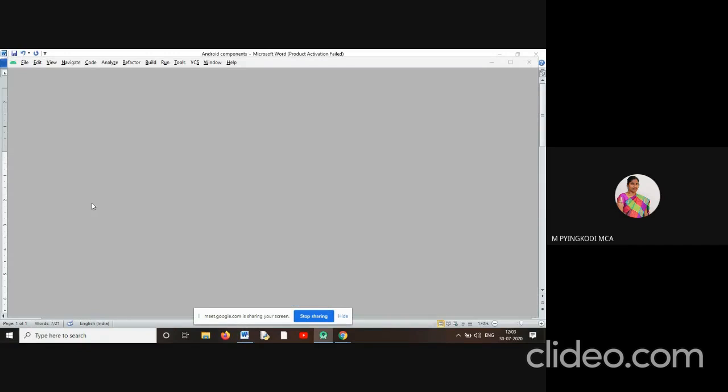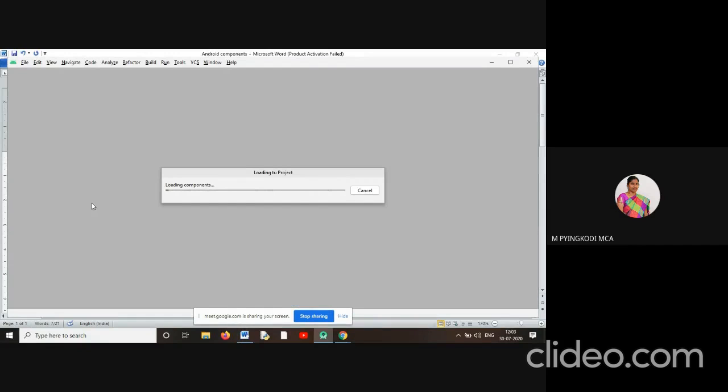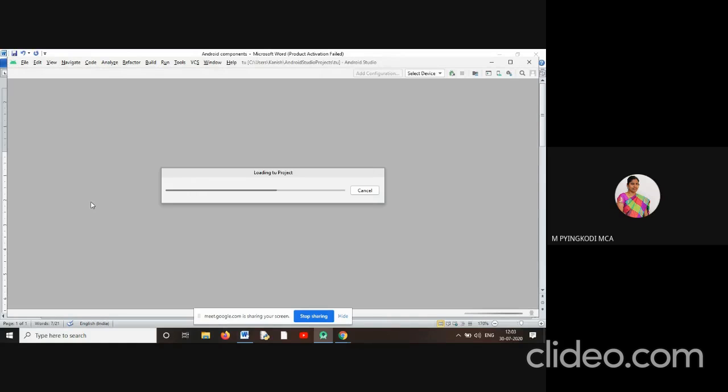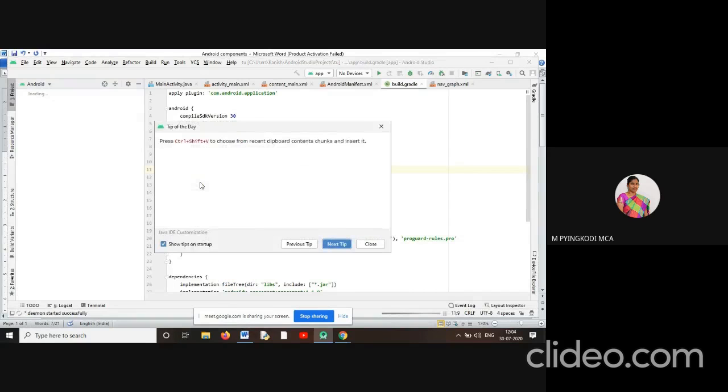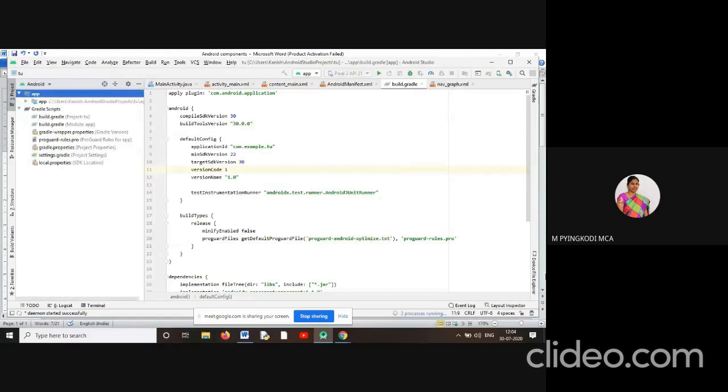Is it okay? So that is activity. Simply, you can say it is known as the presentation layer of our application. Through this component only, we can give a presentation to the end user. For using the app, we have to design a graphical user interface, the GUI part. Through this GUI part only, the user can operate our Android application, right?